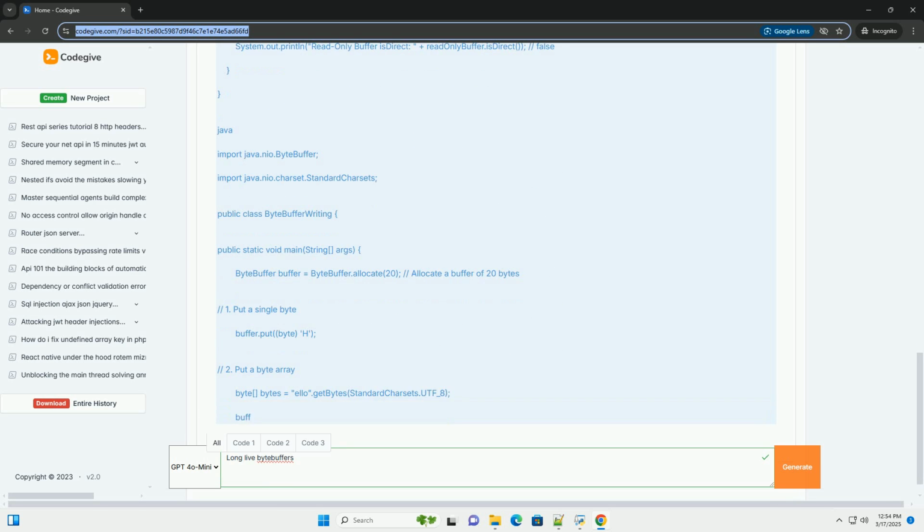5. Reading from byte buffers. You can read data from a byte buffer using various get methods. Key get methods: